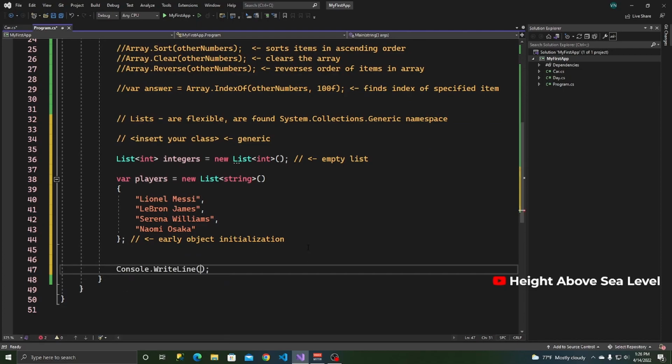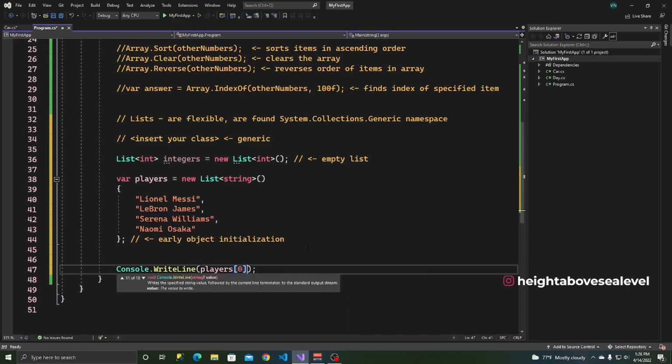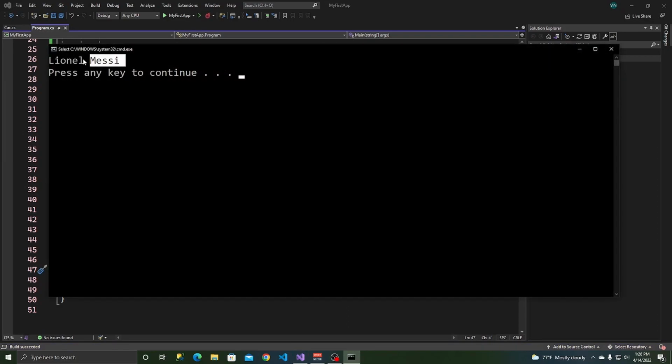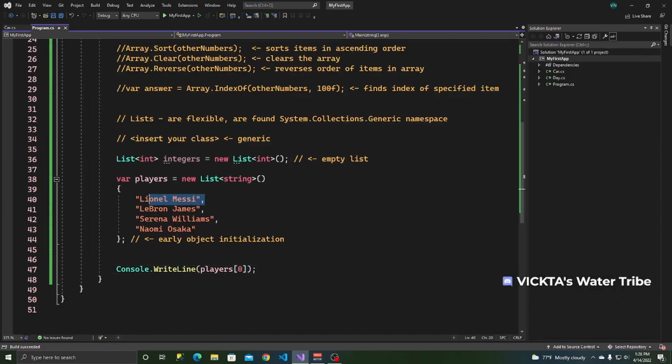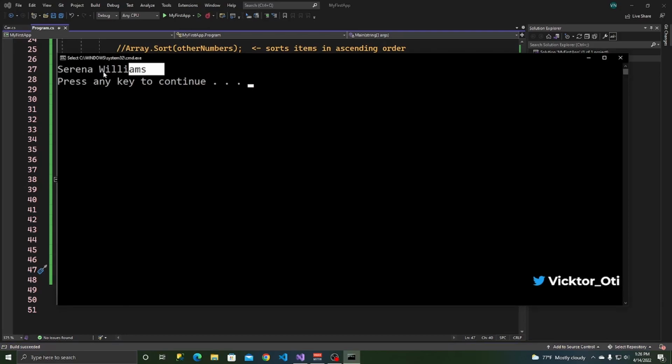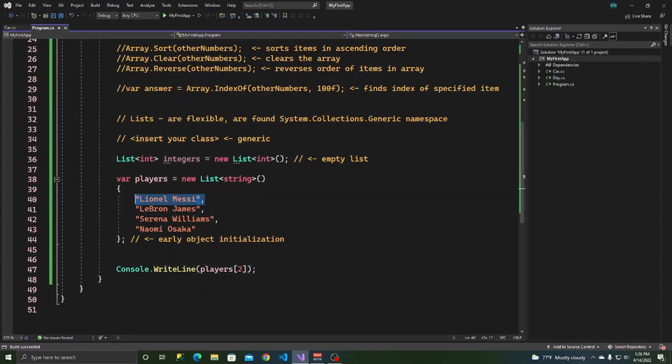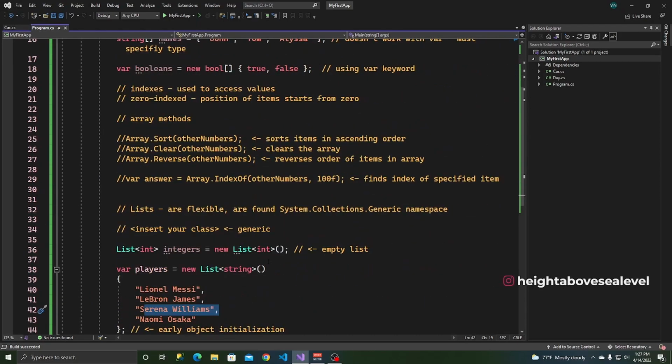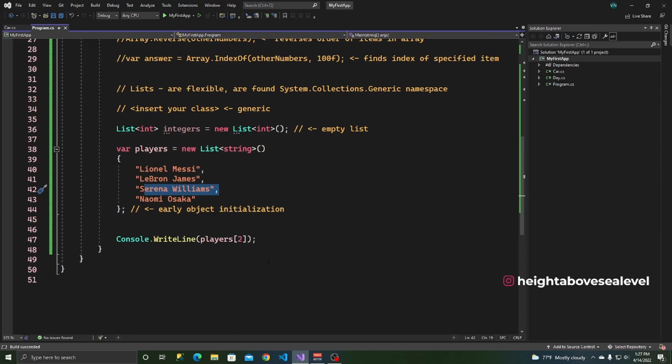So if you wanted to write the first player, we'll say players, write that on the console, Control and F5, Lionel Messi, because that is the first one here. And then even you can do index of 2 like that. Serena Williams, remember? 0, 1, 2. Lists are also 0 indexed, and that's how you access a value or an item inside a